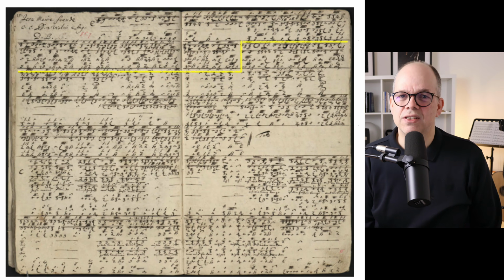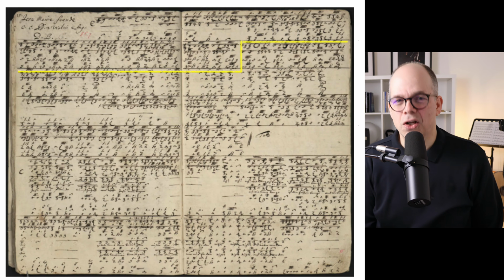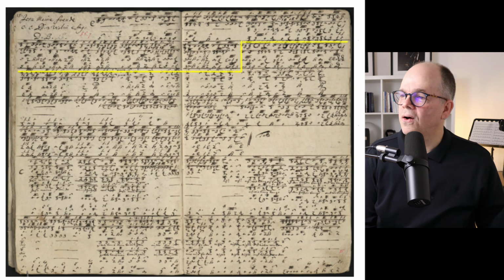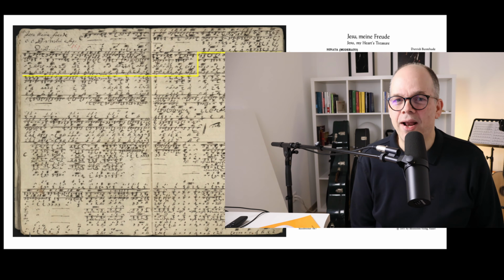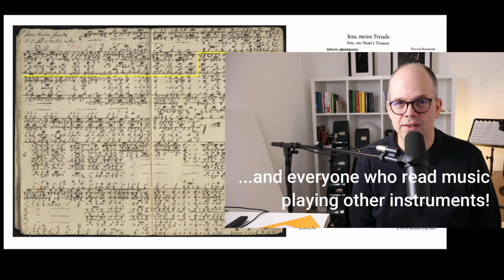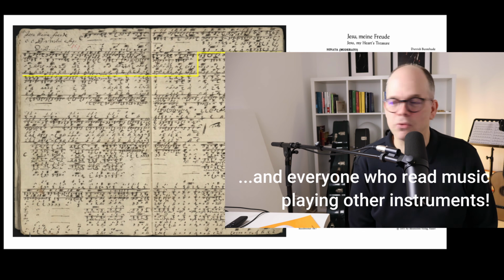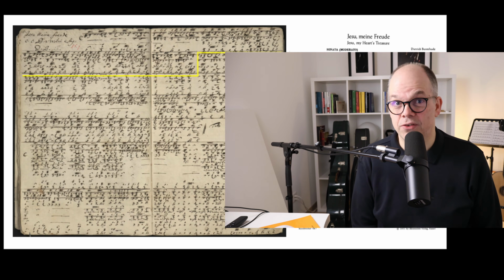The advantage of this system was that it was really, really practical, because you could write a lot of music in very little space. All the music you see over the yellow line is the same that you see in the staff notation. You see, it's very practical, and everyone who played organ knew this system and used it. Johann Sebastian Bach, this is Dietrich Buxtehude, and it came out of use only at the end of the 18th century.